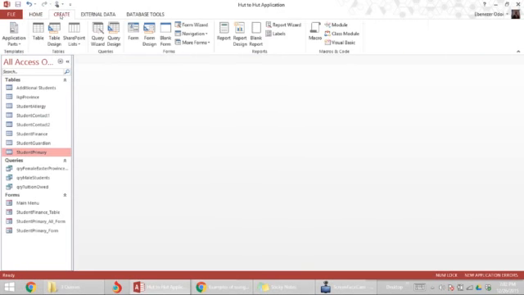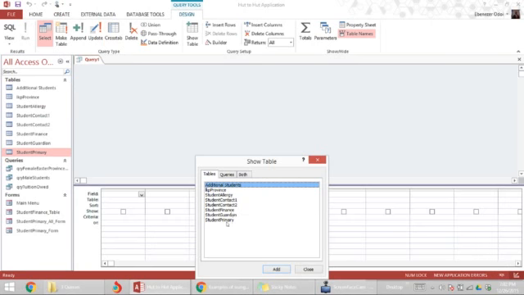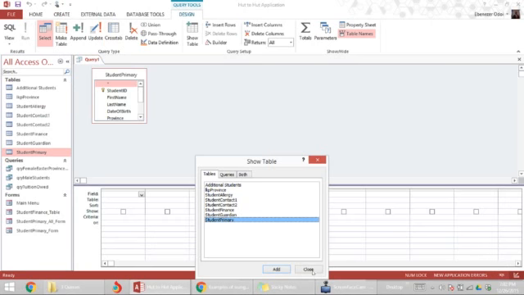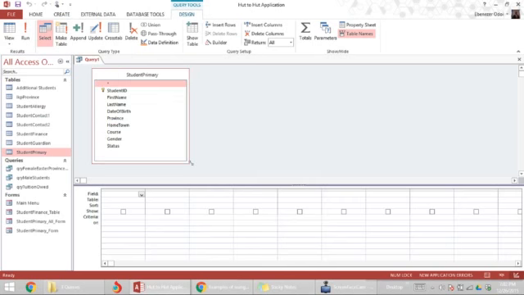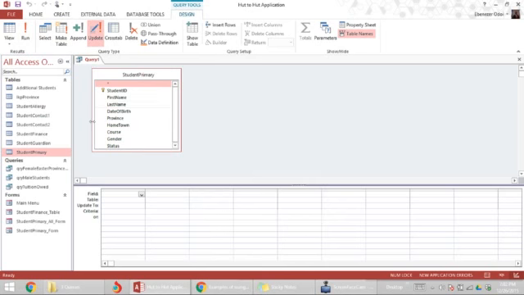So I go to the Create tab, Query Designer. I want to perform a query on the student primary table. And I don't want a select query, I rather want an update query. And now the field area changes. You see an update to option now. So I want to update